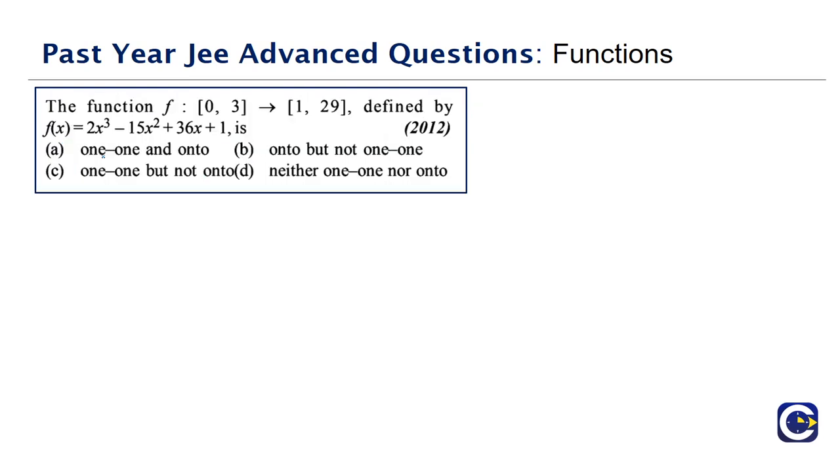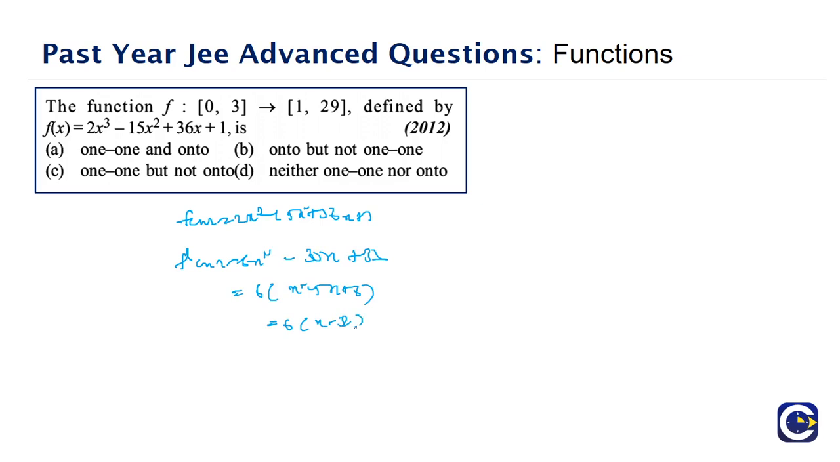We have the function from [0, 3] to [1, 29] defined by the function f of x is equal to 2x cube minus 15x square plus 36x plus 1. Then which of the following options are correct? If you differentiate this, what will you get? 6x square minus 30x plus 36. So 6 into (x square minus 5x plus 6), which will give me 6 into (x minus 2) into (x minus 3). So therefore,